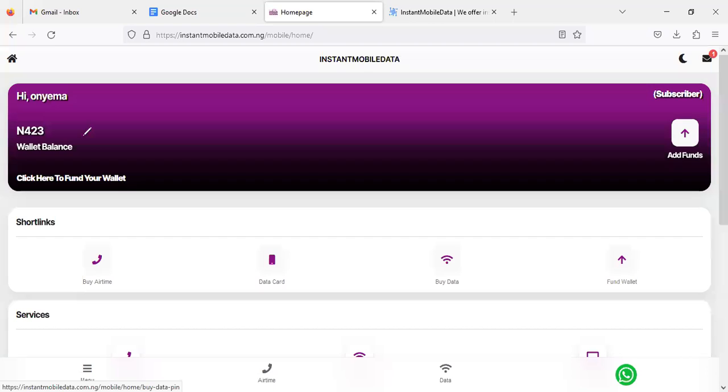First of all, you need to know that this here has to do with your balance, how much you have in the system. So here you can also add funds. Then this subscriber simply means the status of your account, which you can also upgrade to get further discounts. So for you to add money to the system, which is the first thing you need to do, that way you are able to